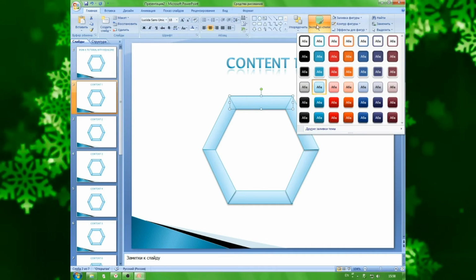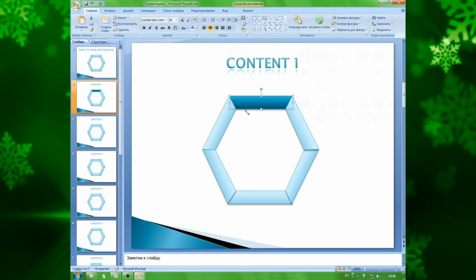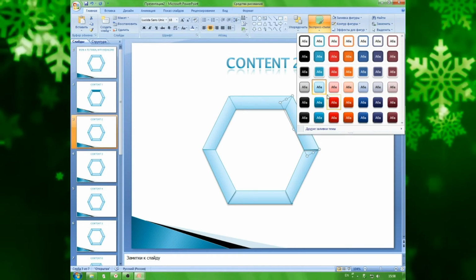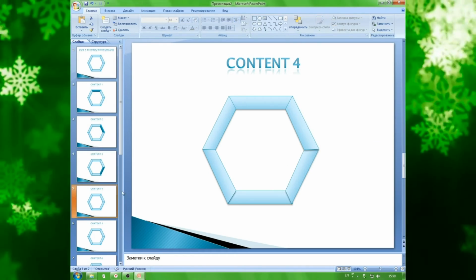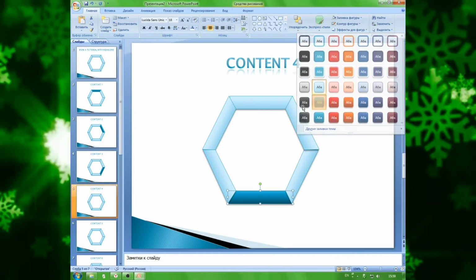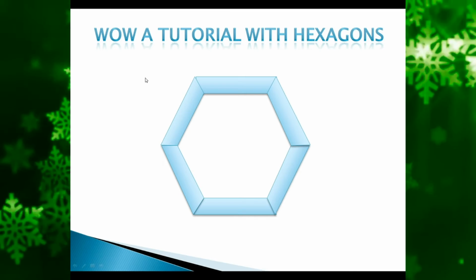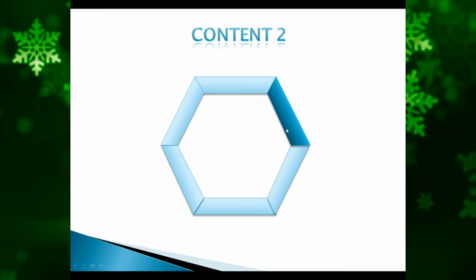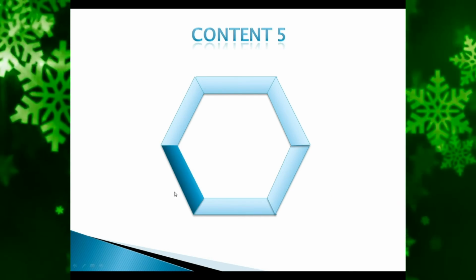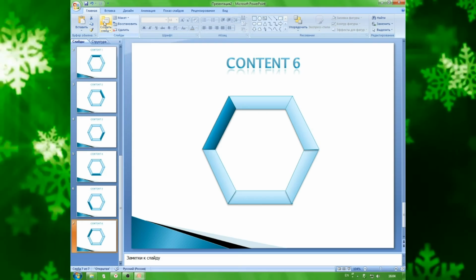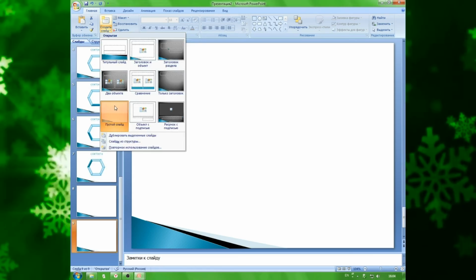Now for indication, you should go to every frame with sensors and choose buttons according to the slides that they send the viewer to, and change the color or even design a bit, like this. And at the end it should look like this. Now create 6 slides and fill them with any content you want or need.